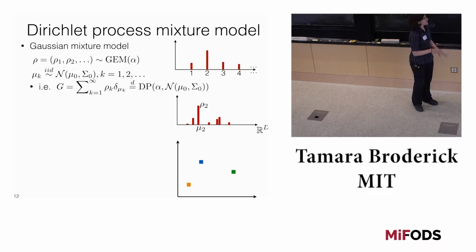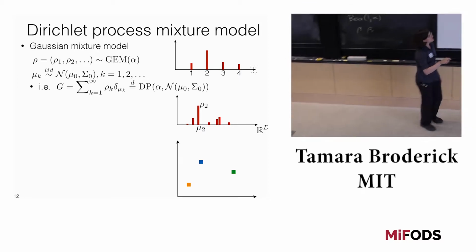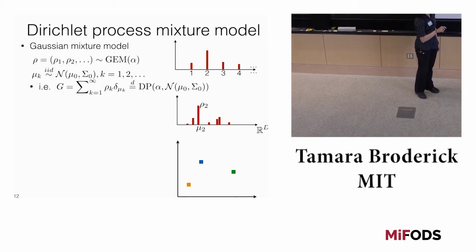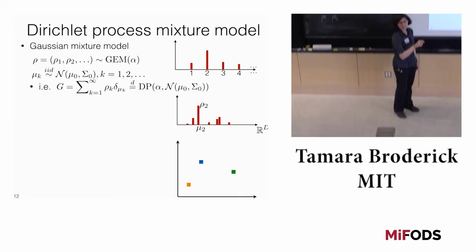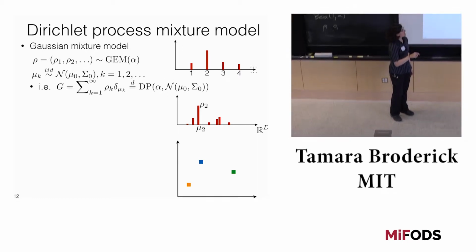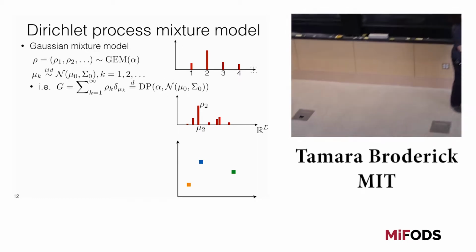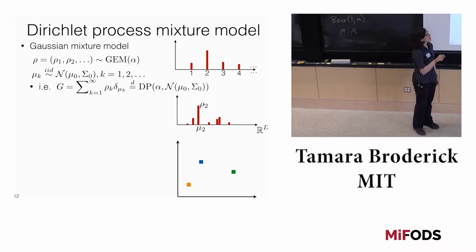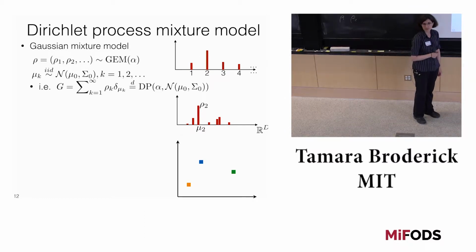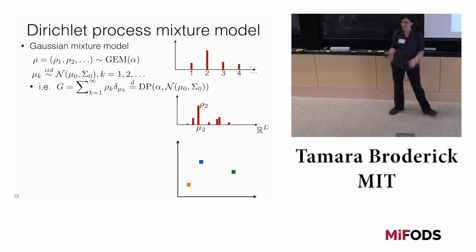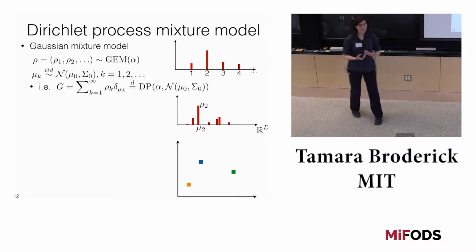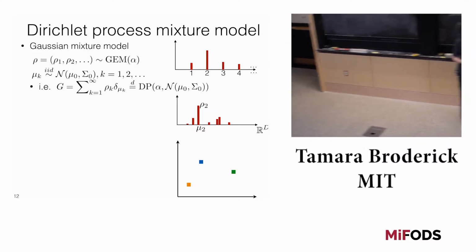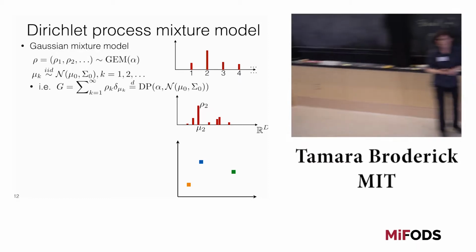The Dirichlet process gives us a distribution over these measures, and it has two parameters. Alpha is just the GEM parameter that we're now familiar with, and the second parameter is a distribution, which is basically the prior on the cluster-specific parameters. In this case, it happens to be cluster means. You don't actually have to stick to Gaussian mixture models in this framework. You could do something else.